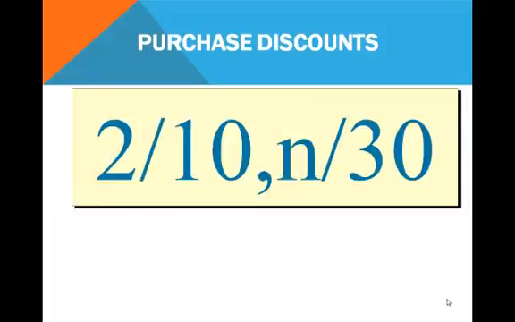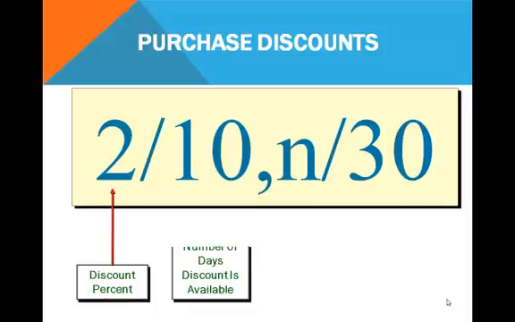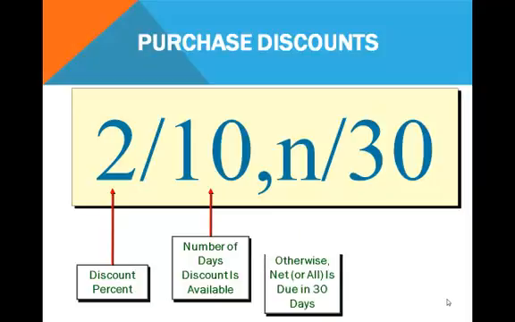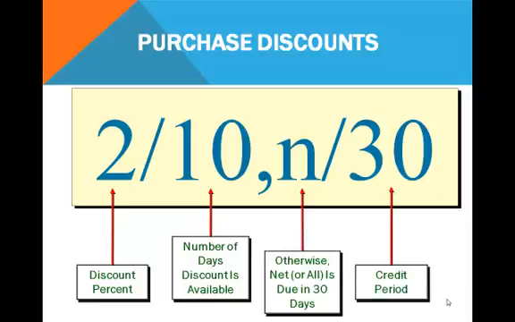Purchase discount terms are typically written as this slide shows. This particular discount term would be read as 2/10 net 30, or some people say 2 and 10 net 30. The first number represents the discount percentage, 2%. The second number represents the discount period, 10 days. The letter N stands for the word net, and the last number represents the entire credit period, in this case